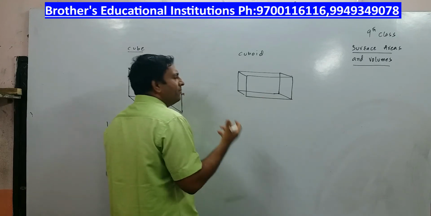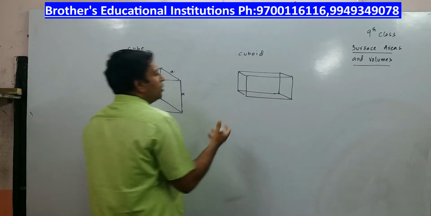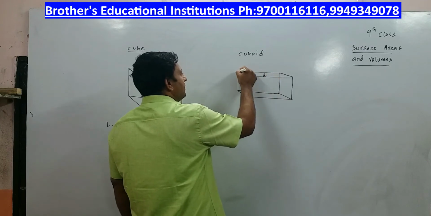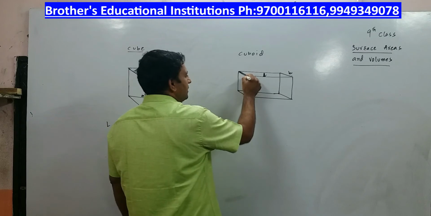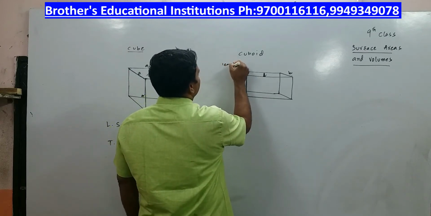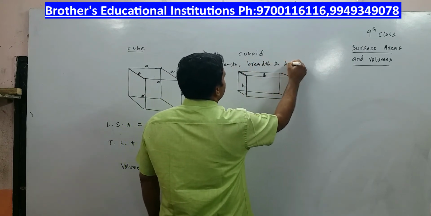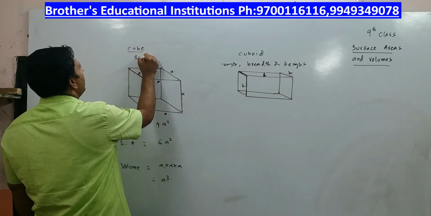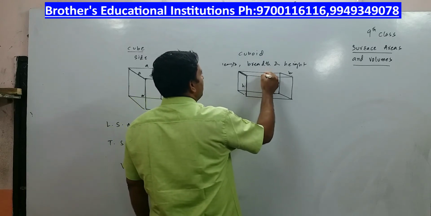Now a cuboid will have 3 dimensions. The cube will have only one dimension, all of them are equal. Alright, a cuboid will have 3 dimensions. One is the length dimension, length. This is the breadth dimension, breadth, I call that b, and this is the height dimension, I call that height. There are length, breadth and height, whereas in the cube only one side will be there, all sides are equal. So here the 3 dimensions are length, breadth and height.